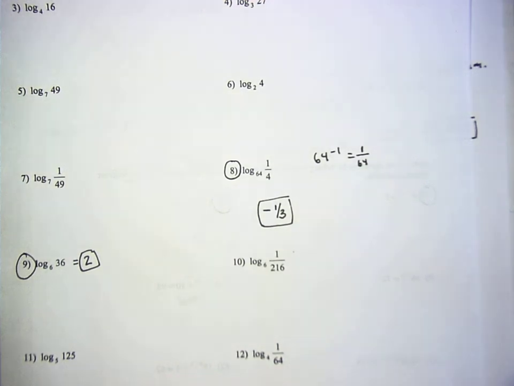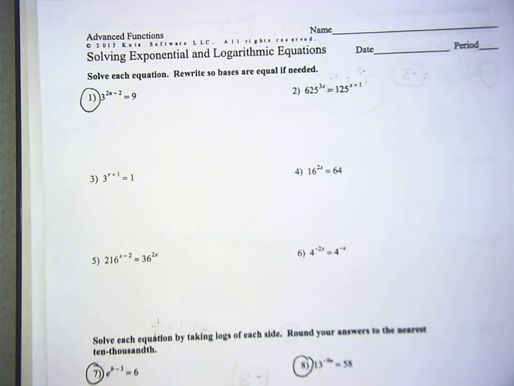Number one on the other side? No, wait. It's not by itself on the left after the log. You need to get just n by itself to be able to log. No, you have to get them to have the same base first. All right, now we're gonna try number 1 on the back side. All right, you guys ready? To get into that exponent, actually, maybe we'll start, let's start with number